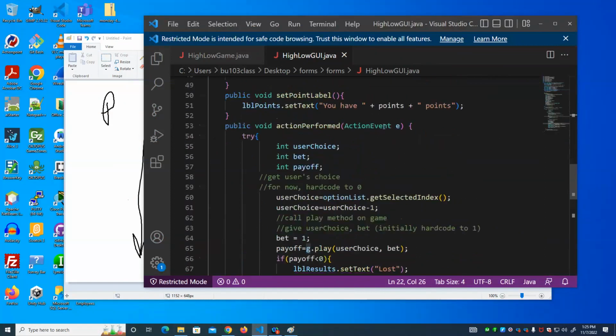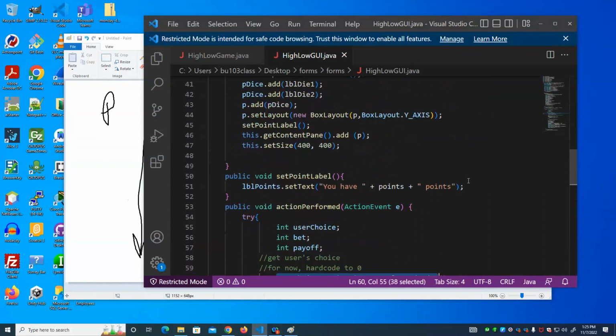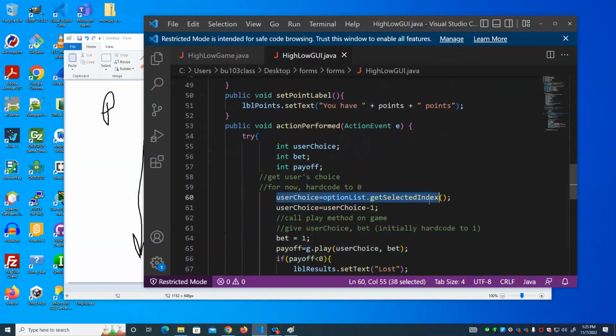So when the button is clicked in the action performed method, we have an integer for user choice, the bet, and the payoff. We get from the dropdown which option was selected. And that's going to be an index, in other words, its position in the list. What's going to display to the user is these three choices: low, 7, and high. We're going to get the index or position,